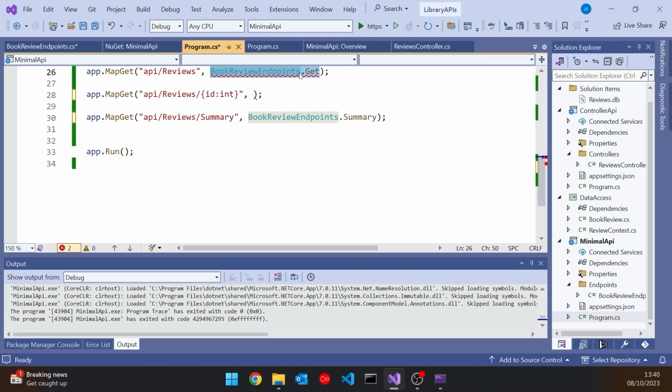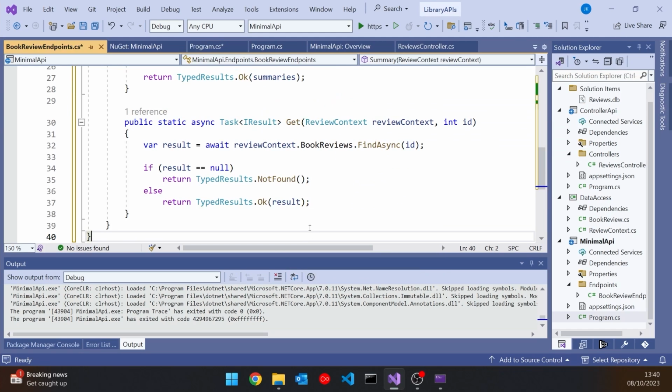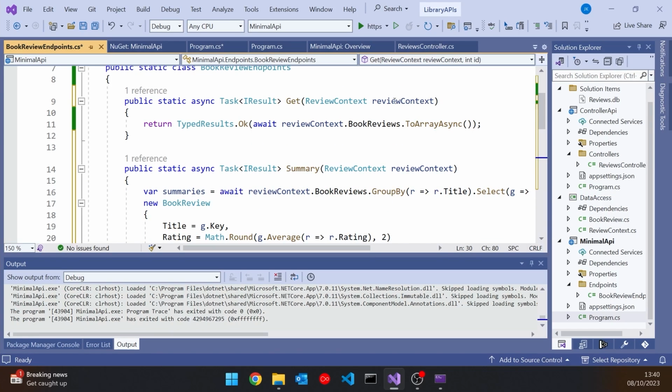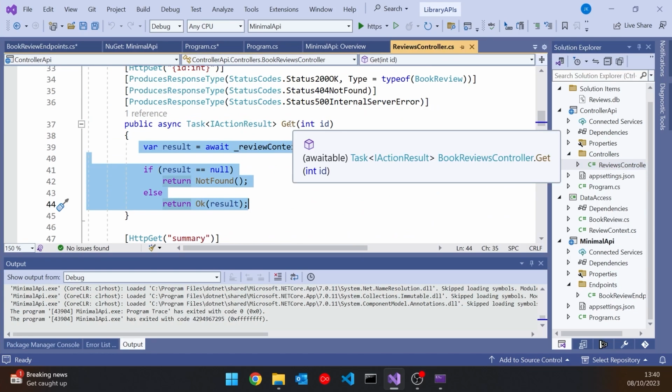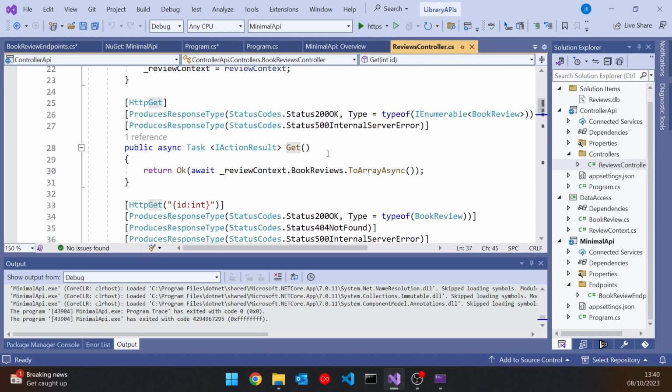And the problem is we have named both of those endpoints simply Get. Now in C# terms, that's not a problem because they are overloaded. So that one takes the ID, whereas that one just takes the review context. And when we're dealing with a controller, that works fine. So there you can see the controller method there is called Get with the ID, and there is called Get with nothing at all.